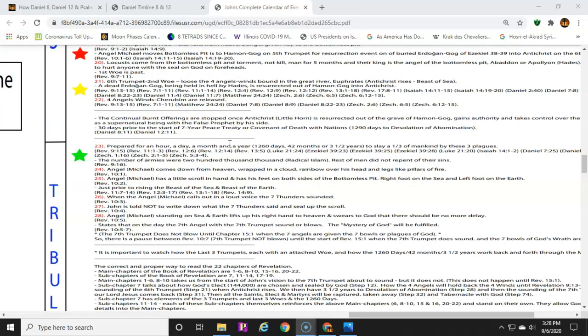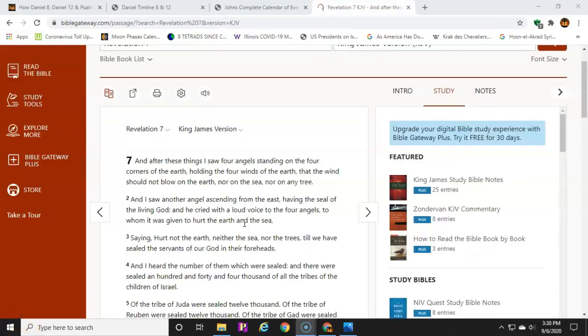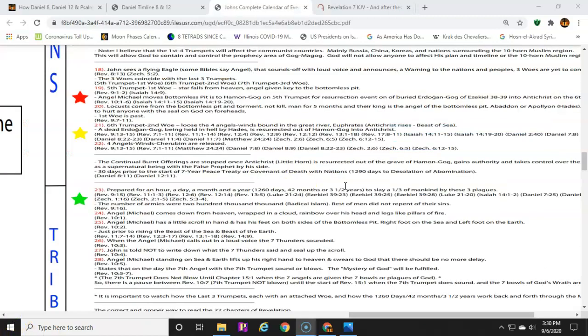On the 6th trumpet, we see those 4 winds released. So if you look at that prophecy of the elect, at the very beginning of chapter 7, he's telling us that he is holding back the 4 winds, and they're not to blow on the earth. Until when? The 6th trumpet. Once that 6th trumpet occurs, you'll notice the 4 angels that hold the 4 winds release them, and we start into the beginning of the 1260 days right before the beginning of tribulation, which is where this demarcation line is.